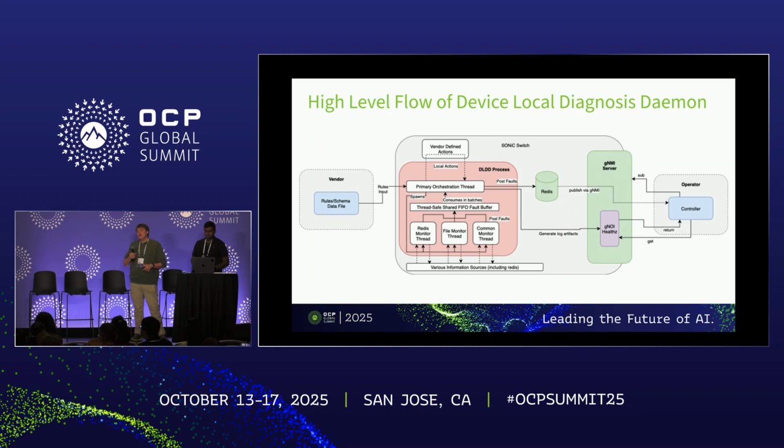Here's a high-level idea of how the proposed daemon will be integrated into SONiC. As I have mentioned earlier, you have this vendor rules input, which is what we were going over before. That will be consumed by this service on the switch and ingested by this primary orchestration thread, which will batch the rules into these different threads and push them to these threads and spawn the threads for them to run. These threads will then, on their own accord, query the information and run the evaluation that has been defined within the rule source file and push any faults that are detected into this FIFO buffer between themselves and the primary